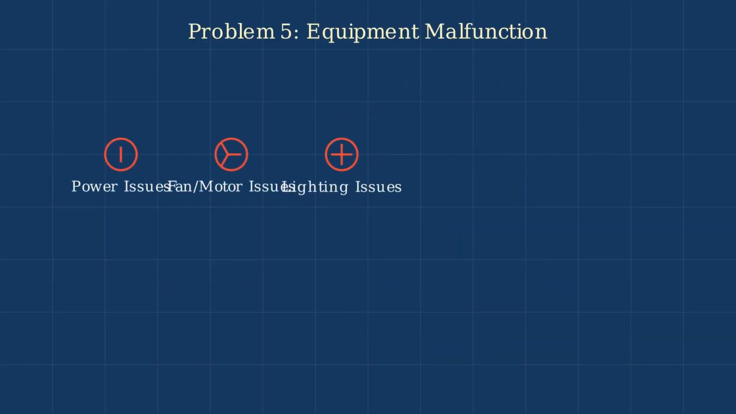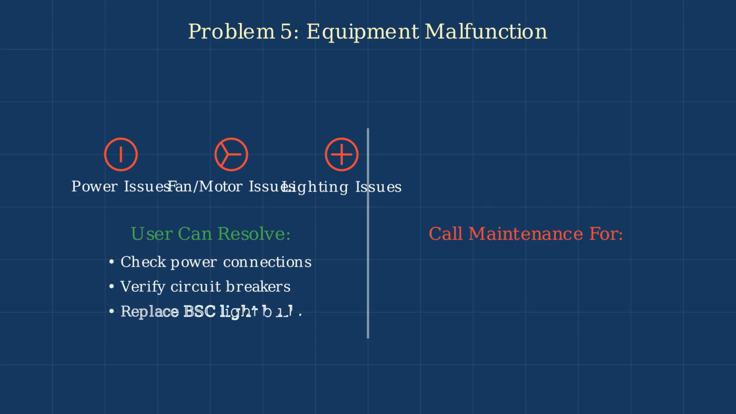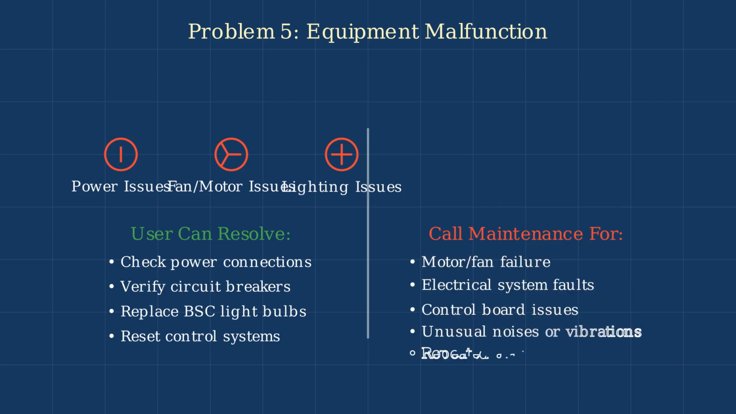Equipment malfunctions can range from simple issues that users can resolve to complex problems requiring technical expertise. It's important to distinguish between issues that users can safely address and those requiring certified maintenance personnel. Users can check power connections, verify circuit breakers haven't tripped, replace BSC light bulbs, and perform basic control system resets. However, contact maintenance immediately for motor or fan failures, electrical system faults, control board issues, unusual noises, or repeated alarm